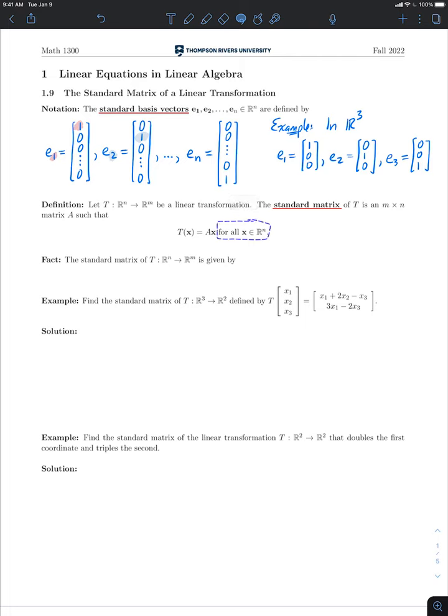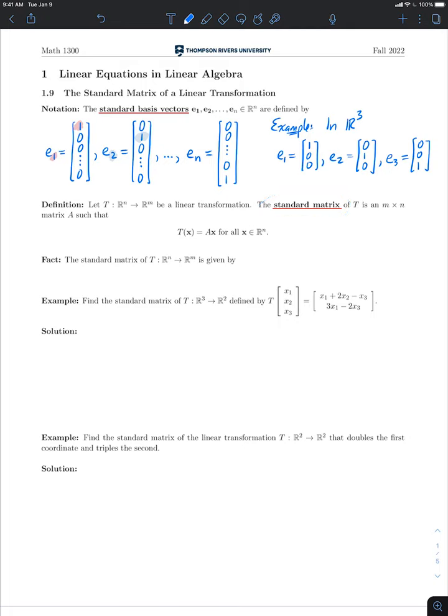That's what a standard matrix is, but how do you find it? We did a couple of examples in the previous section where we worked them out using fundamental principles, and that method works, but it becomes less practical in higher dimensions where your input and output vectors have more and more coordinates. So there's a straightforward method that uses the standard basis vectors. If you have a transformation T and you want to find its standard matrix, so you want to find this matrix A,